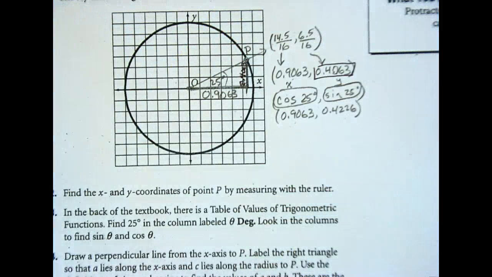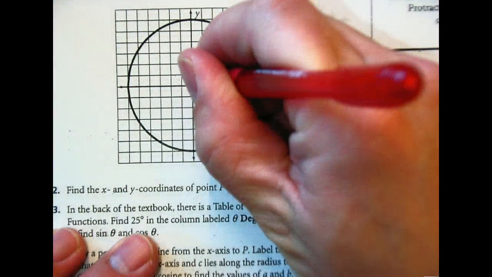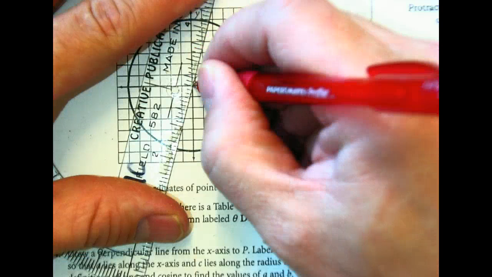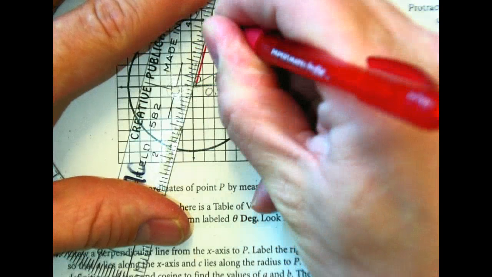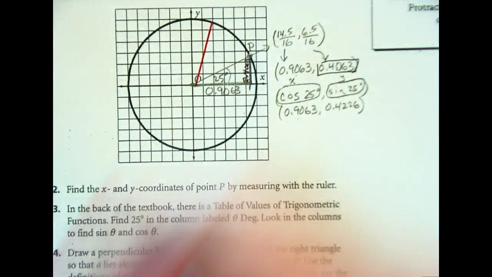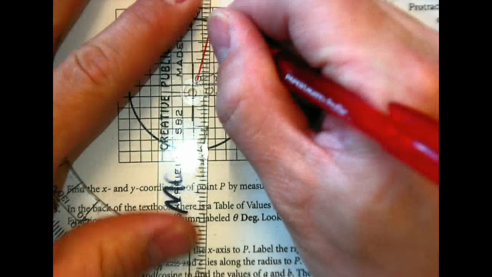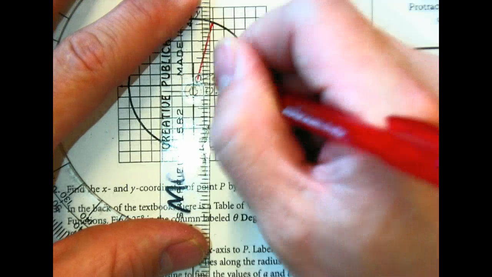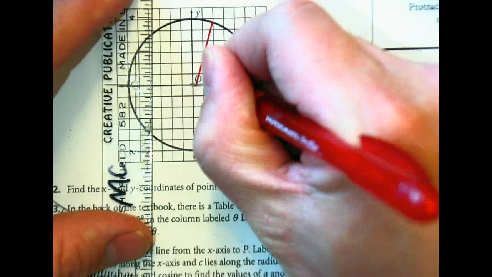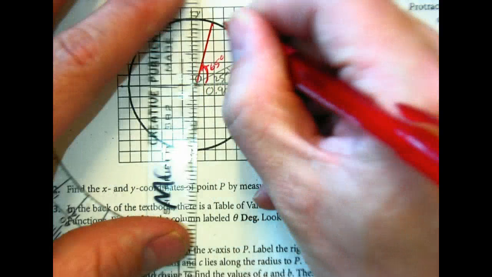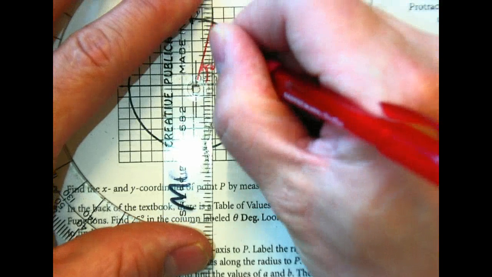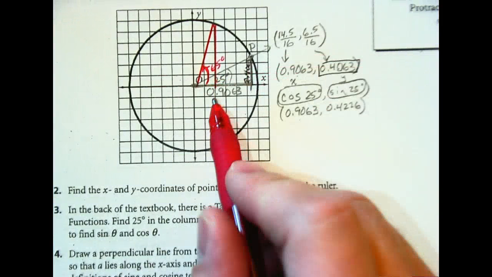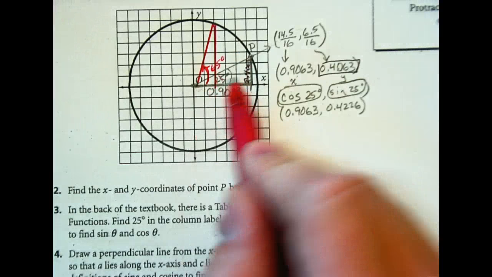So, for instance, if I drew in this angle right here, let me just pick an angle, let's say I have that one right there, and we'll call that a 65 degree angle. From here to here, let's say that's 65 degrees. I could draw in a right triangle and calculate the sine and cosine of that. We can measure it, and notice my right triangle now, my y value is longer than my x, so that means my sine is going to be